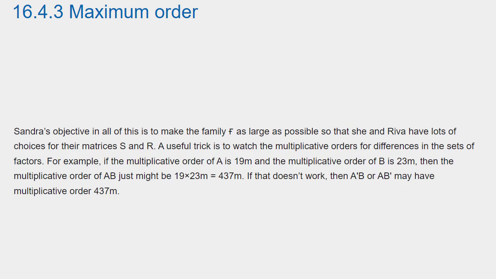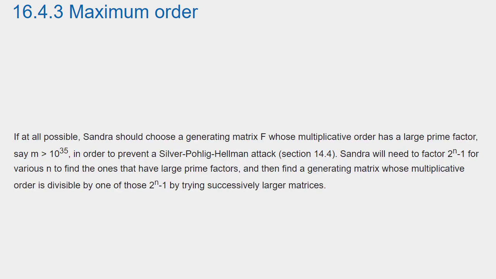For example, if the multiplicative order of A is 19m and the multiplicative order of B is 23m, then the multiplicative order of AB just might be 19 times 23m equals 437m. If that doesn't work, then A prime B, or AB prime may have multiplicative order 437m. If at all possible, Sandra should choose a generating matrix F whose multiplicative order has a large prime factor,